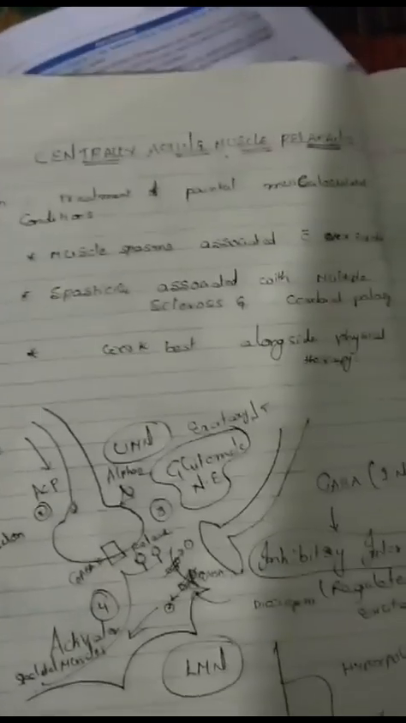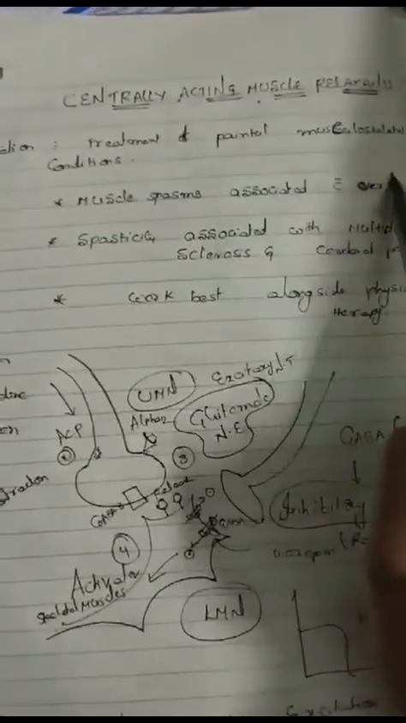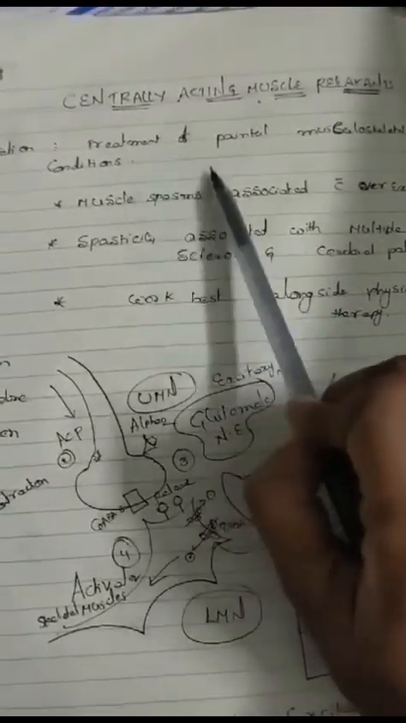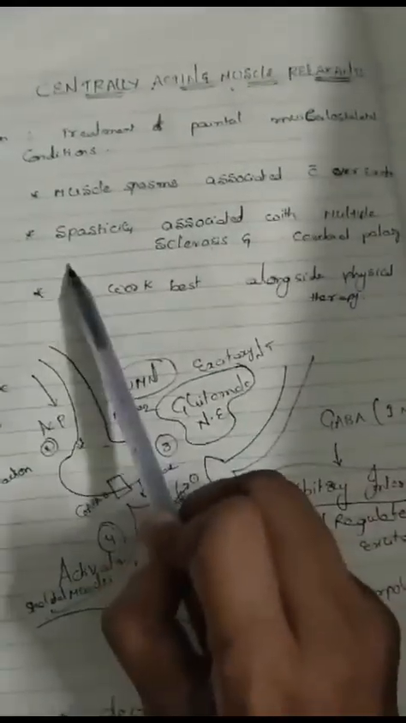Okay, my dear students, centrally acting muscle relaxants. What are the indications of the centrally acting muscle relaxants? Treatment of painful musculoskeletal conditions, such as muscle spasm associated with overexertion, spasticity associated with multiple sclerosis